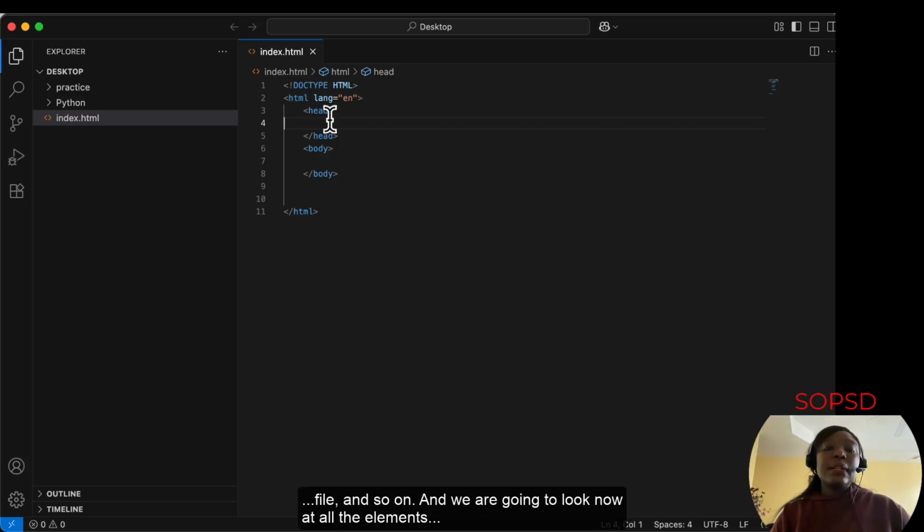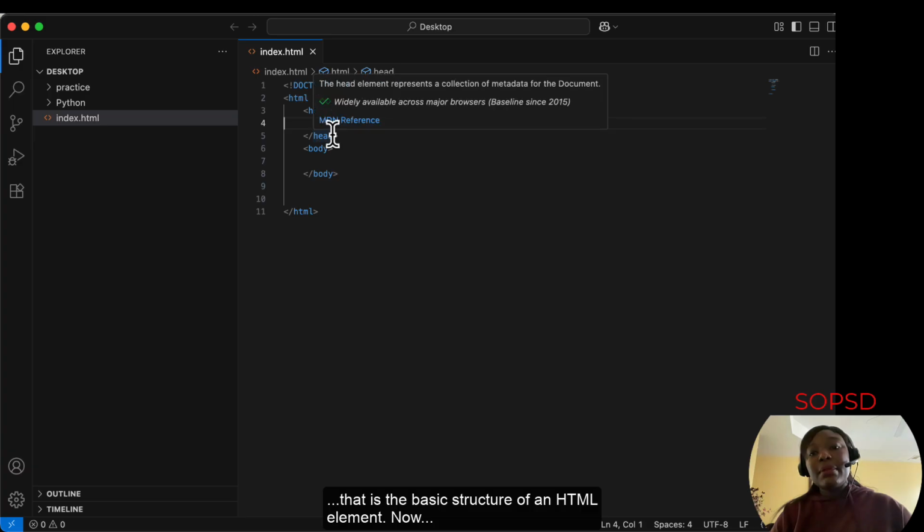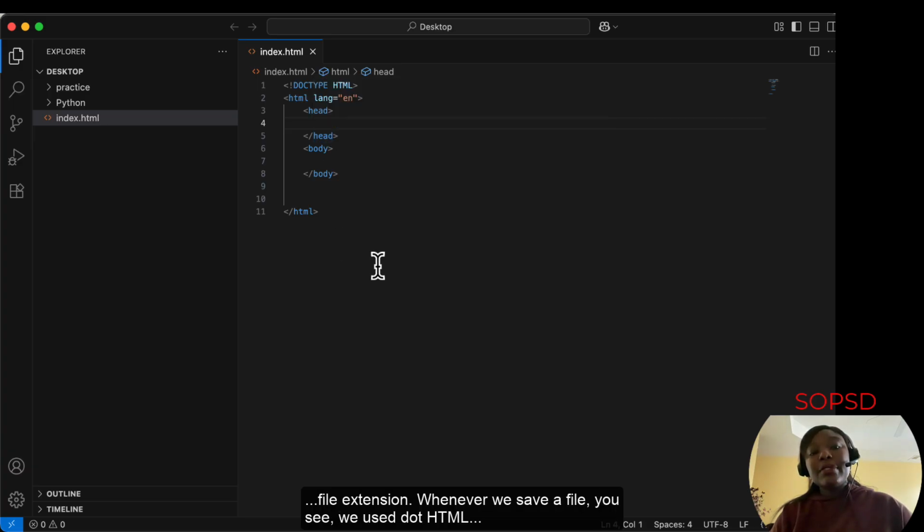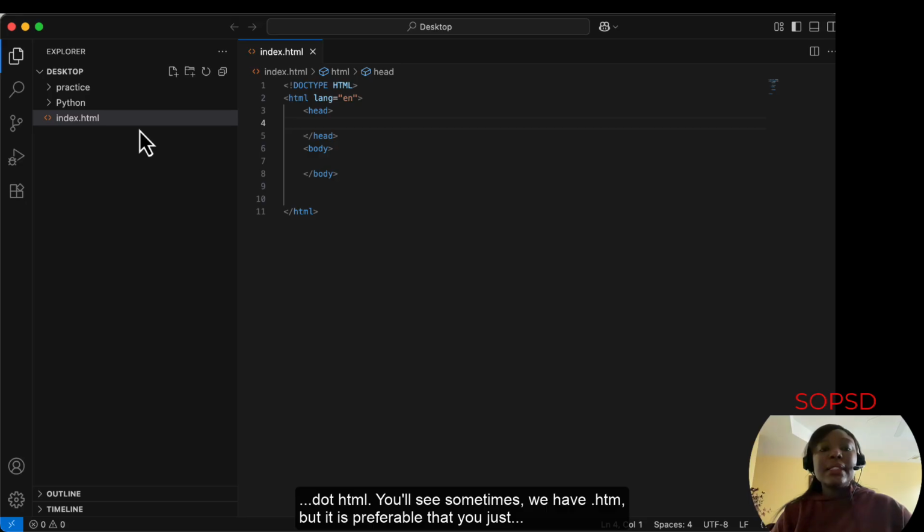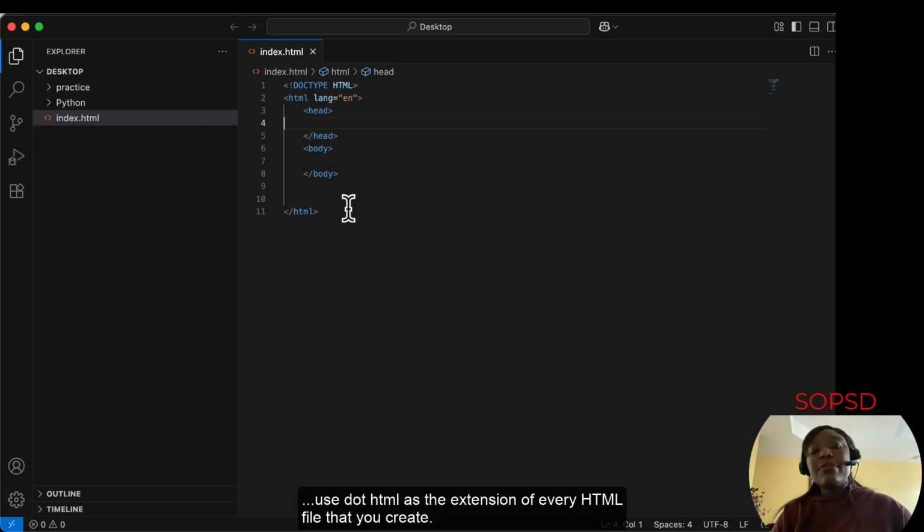And we're going to look now at all the elements that come between the start and the end tag. So here we have the basic structure of an HTML element. Now, file extension. Whenever you save a file, you see we use .html. When you save a web file, the file extension is .html. We see sometimes we have .htm, but it's preferable you just use .html as the extension of every HTML file